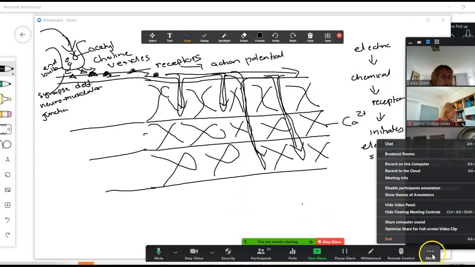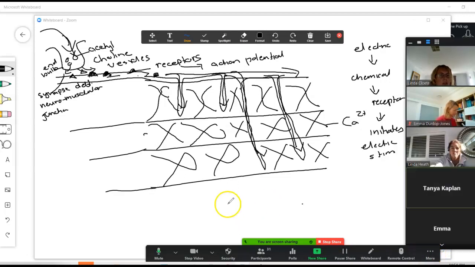Let me just wait for Emma to write her question down, then we can carry on. Has anybody else got questions on this part? Linda, will that be about the entire muscle